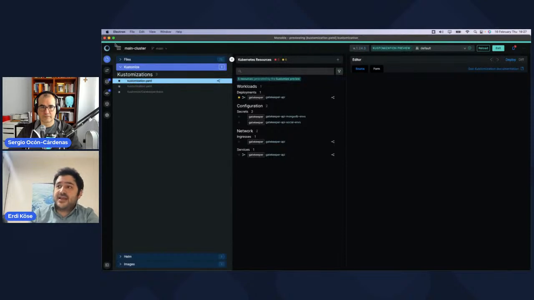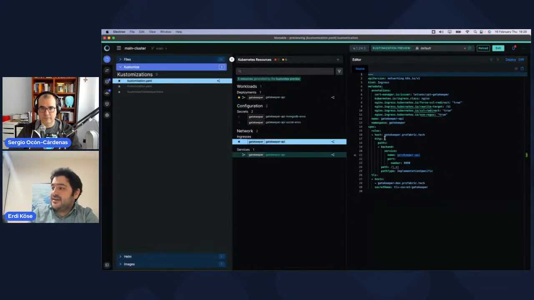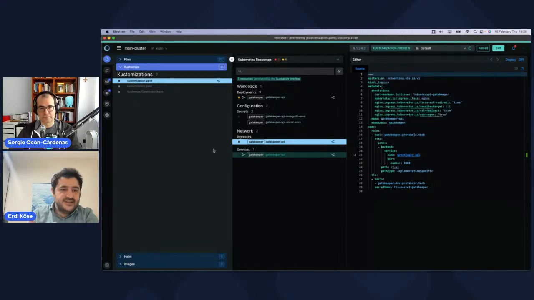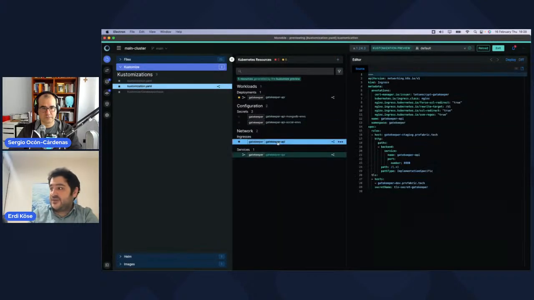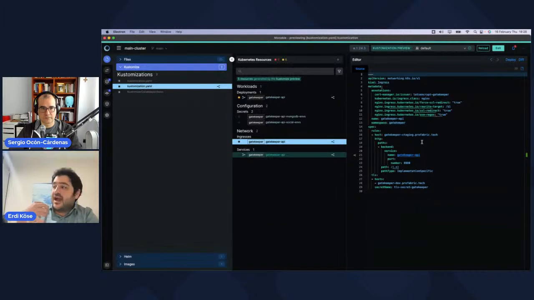If I preview here, as you see, the application has now entered the customization preview mode, and as you see on the top bar, it's bluish, and I can see my resources again. It's created, and the main difference here is my host endpoint. As you see, it created the gatekeeper prefab tag. But if I preview the staging environment and come to ingress, I can see the staging environment here. I didn't deploy my customization to my cluster yet, but I can see the output of it. I believe it's a very powerful